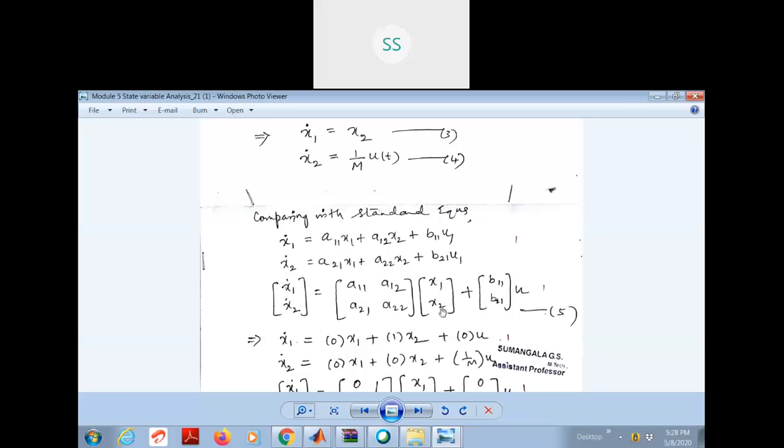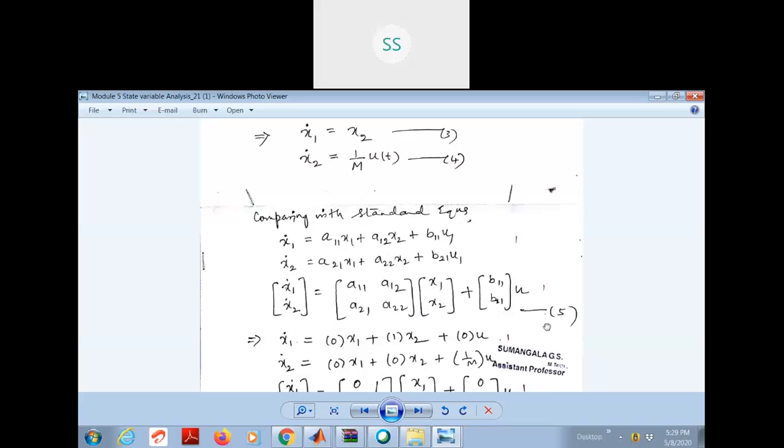So we have decomposed it in the form of a product. These two equations are represented in factored form. Plus here this is a vector b11, b21, and as it is a common input u1, u1, we can simply write a single notation u. There is no distinction, since the same input is used in both equations. Therefore b11, b21 into u. This is one major representation. Let us call this equation 5.